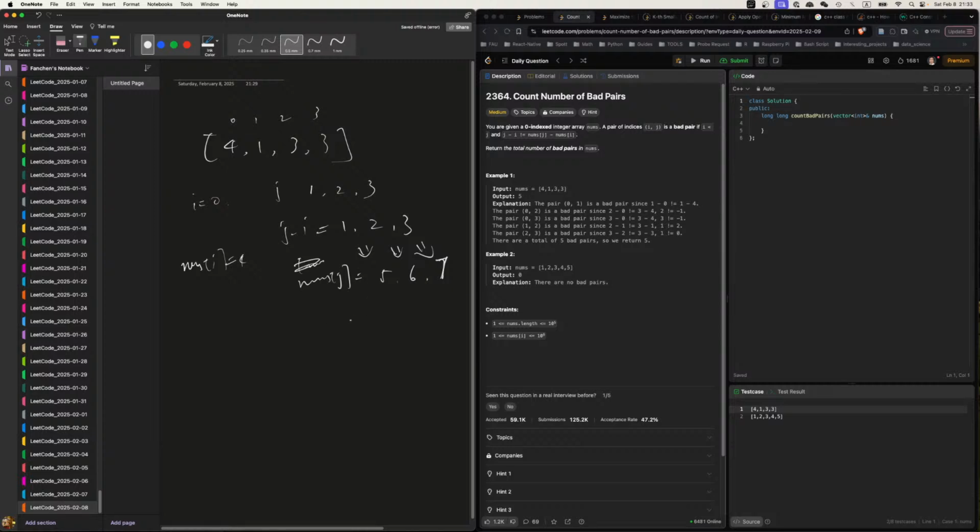So a good pair must be like, you know what the numbers need to be for it to be a good pair, right? But the thing is, you have to go through them, and what we want to see is that you don't have to go through them. So I have a number